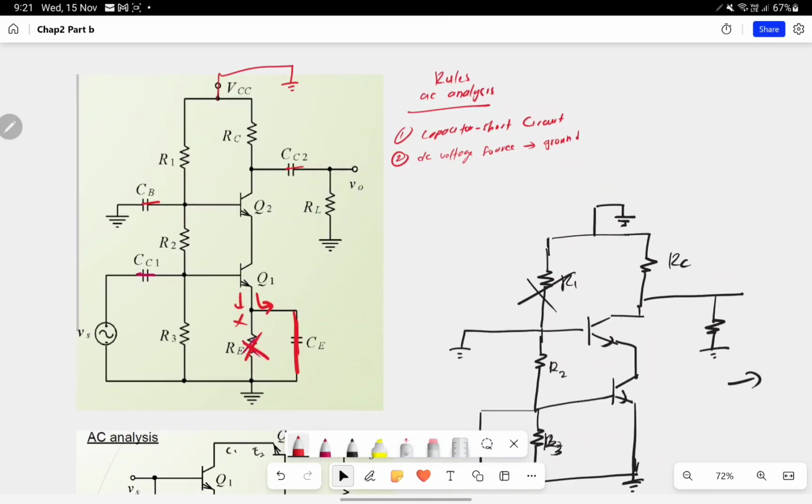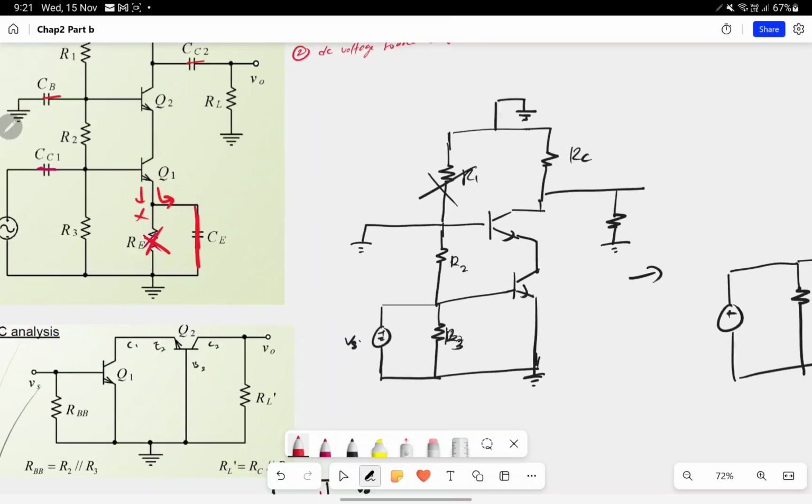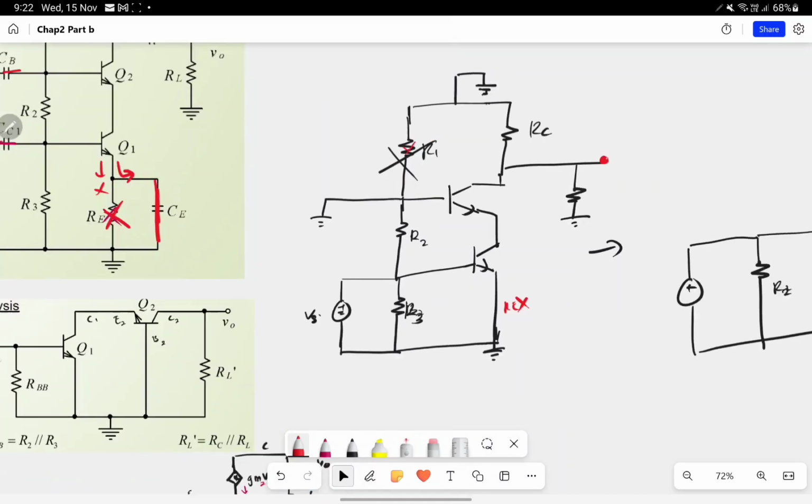So after we redraw it after the transformations, we found that RA will disappear, and R1 also disappears because two legs of R1 are connected to the ground. So no current or voltage enters R1, so we can neglect R1. Okay, to make it simpler,